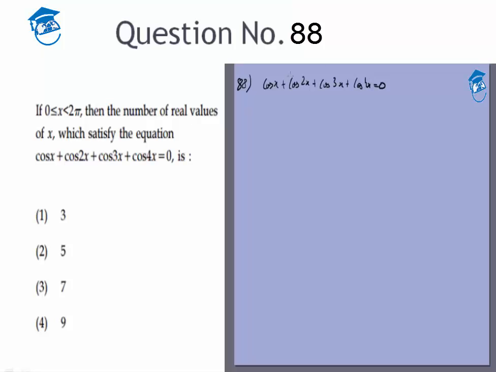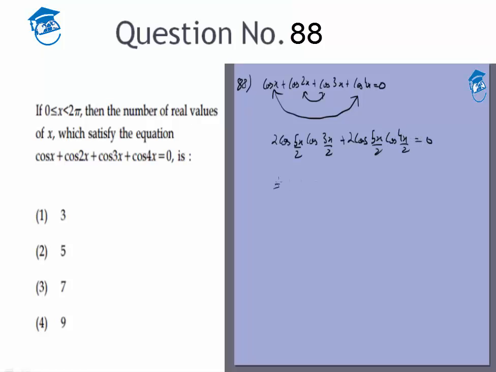So what we can do is use the identity cos c plus cos d is equal to 2 cos (c plus d)/2 cos (c minus d)/2, and it would be nicer if we applied the identity between the first and the last and the second and the third, because that gives me 2 cos 5x/2 cos 3x/2 plus 2 cos 5x/2 cos 4x/2